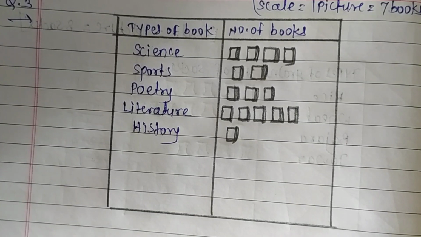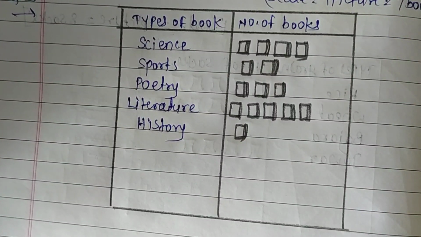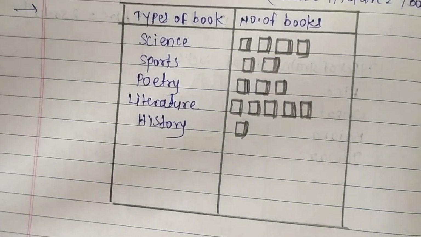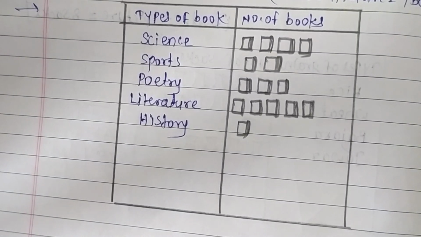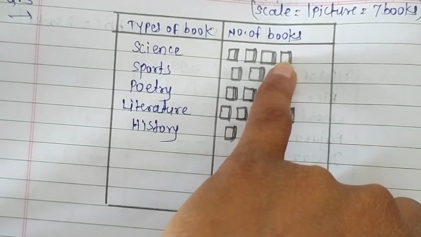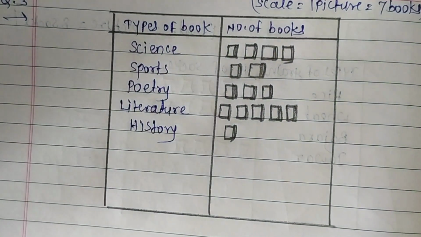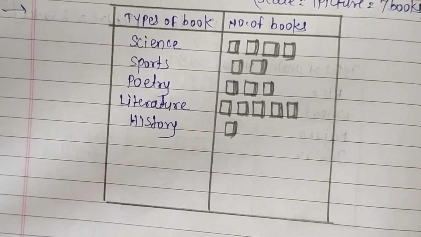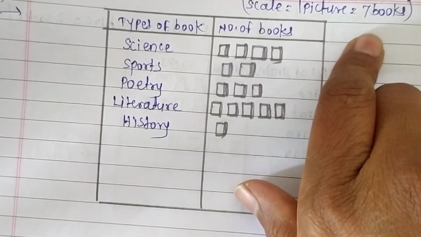So these are the pictographs. For it, first of all we have to analyze the numerical information given, study it very well, then find out the factors of all the numbers which are to be represented, then choose an appropriate scale for it, choose an appropriate symbol. This is a symbol like we draw here for book. This one is called symbol. Then make the right columns for the pictograph like this, and here we have to write the scale.